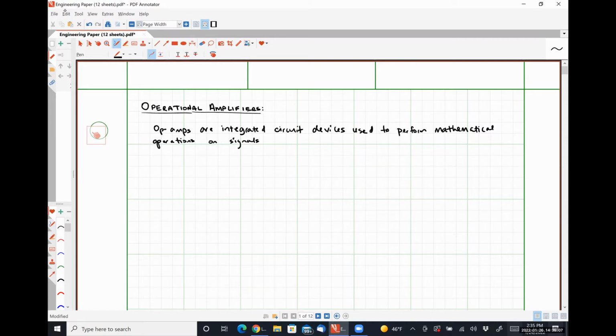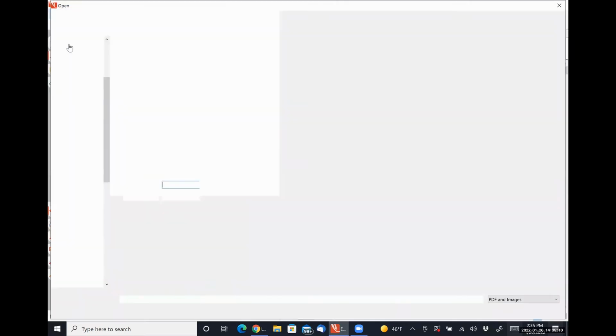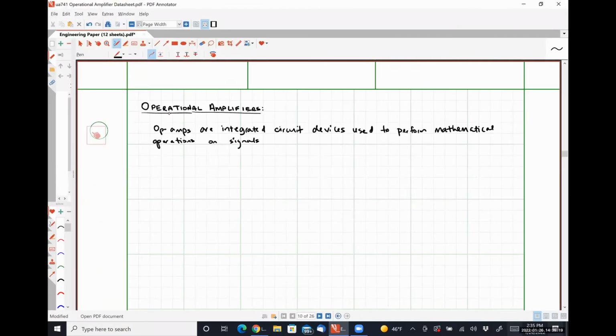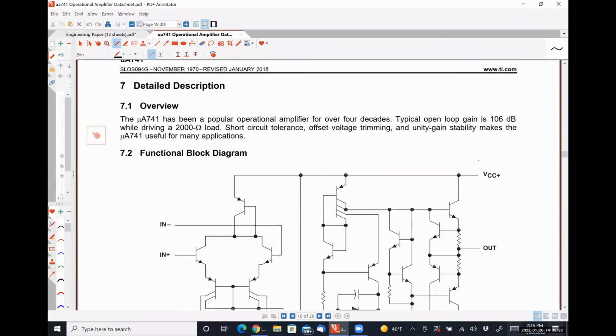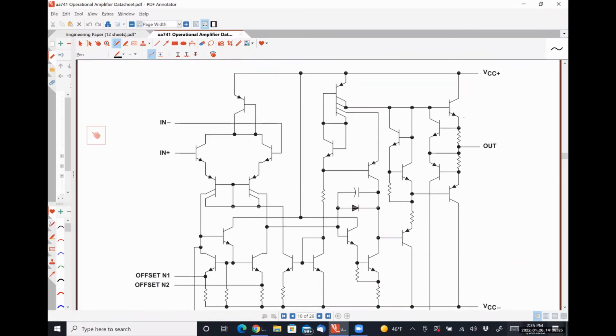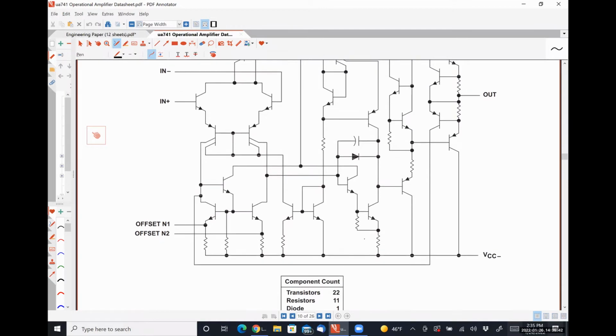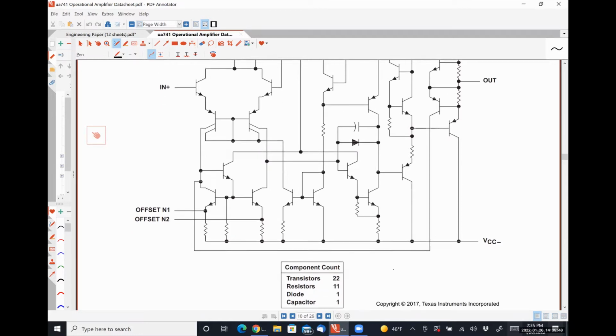So I'm going to open up a file here, which is actually a simplified look at a μA741 op-amp. Okay, so this is a very general purpose op-amp. And this is what the schematic diagram for that op-amp looks like. Okay. So this particular guy uses, let's scroll down here, 22 bipolar junction transistors, 11 resistors, a diode, and a capacitor